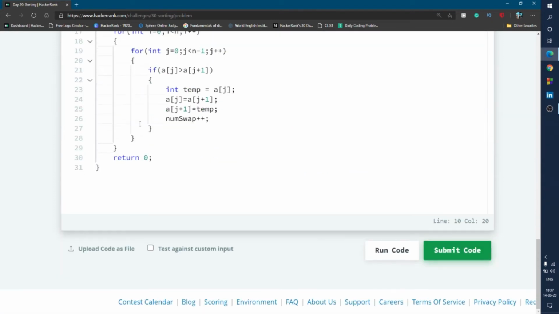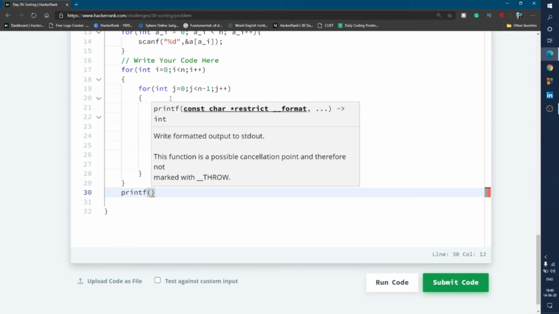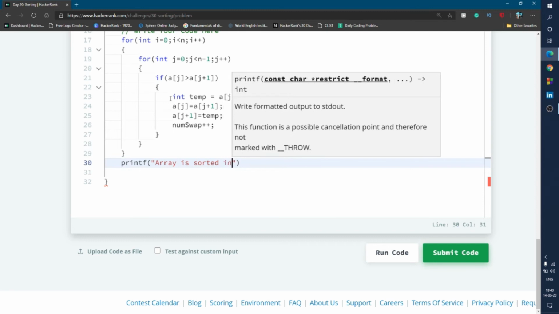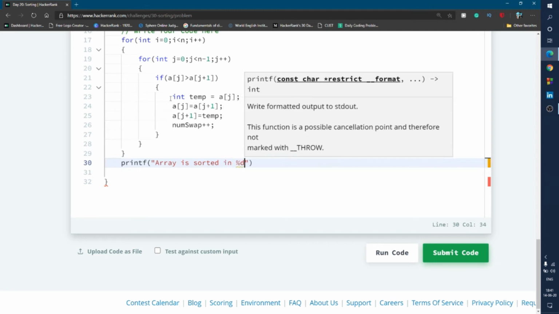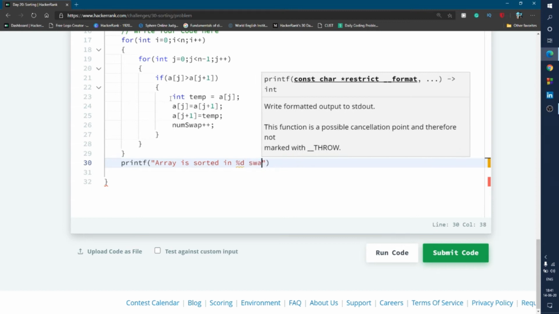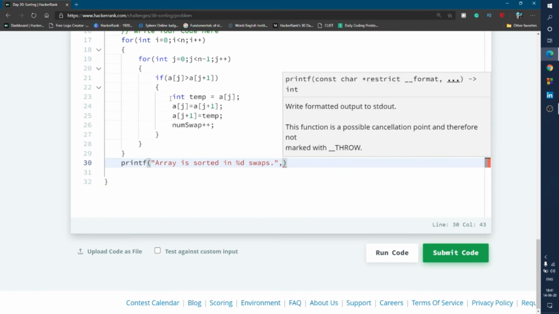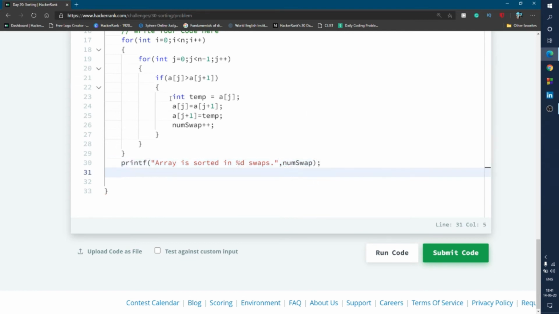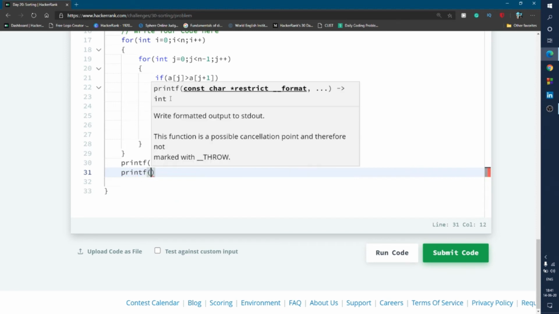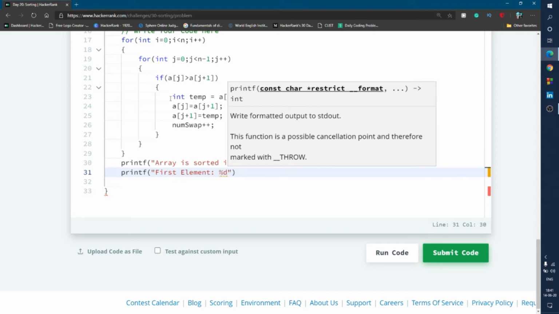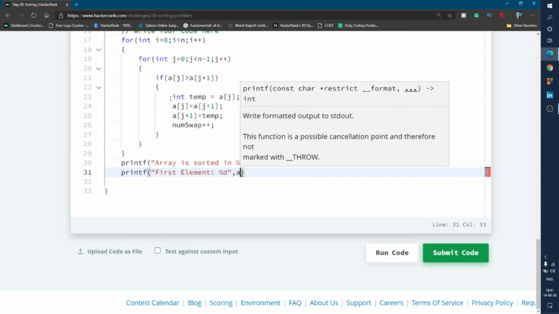So that means you simply use printf, and inside this printf you write "Array is sorted in", give a space and then %d, "swaps." and after that you write num_swap. Then I write printf again, this time "First Element:" and then %d, and a[0].